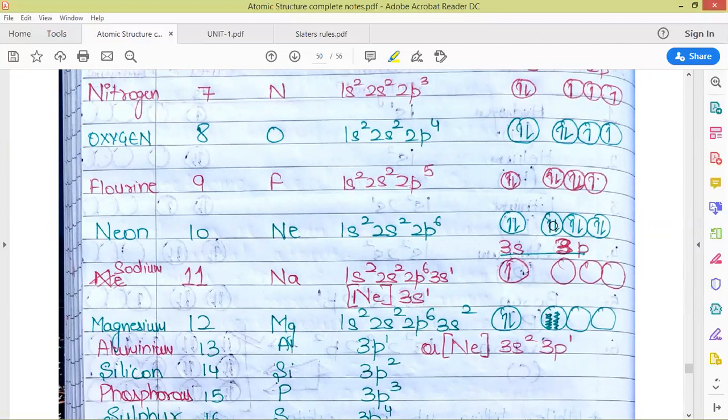D orbitals, there are 5 d orbitals of the same energy, that means a total of 10 electrons can be accommodated there. There are 7 orbitals for f orbitals which have the same energy. So 14 electrons is the maximum capacity for f orbitals. So here for neon, the 2s and 2p orbitals, that means the second shell, is completely filled. The configuration is 1s2, 2s2 and 2p6. The first shell was complete at helium.